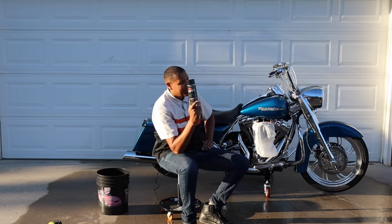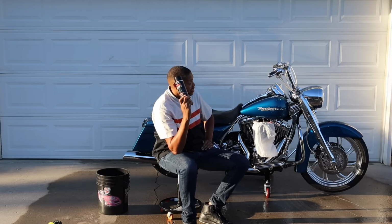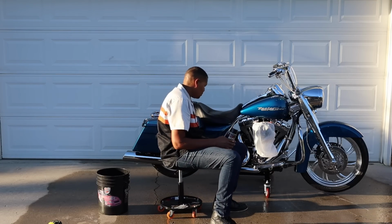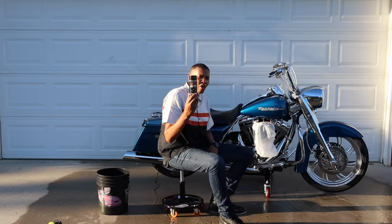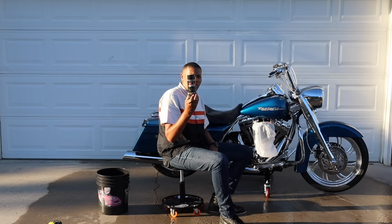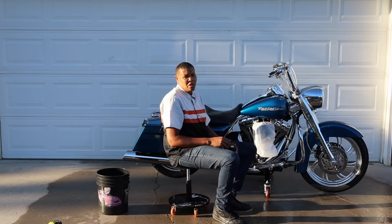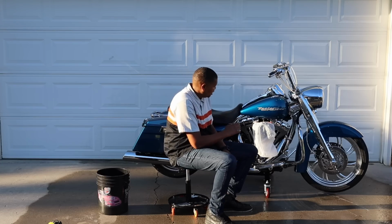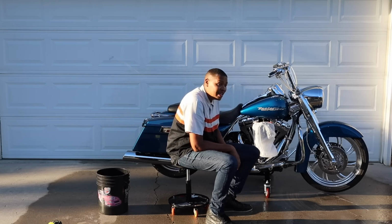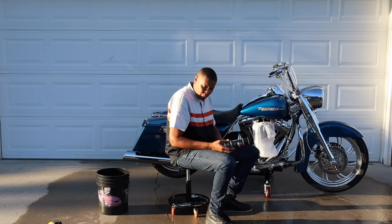And that's what it is, pig spit. Someone else makes something similar to this. I think it might be called hog spit. But this pig spit, this is good stuff. I don't spray it on my air cleaner. I'll just keep my air cleaner covered the whole time I'm spraying this. And you want to make sure that the motor is dry. But I just did the best I could by